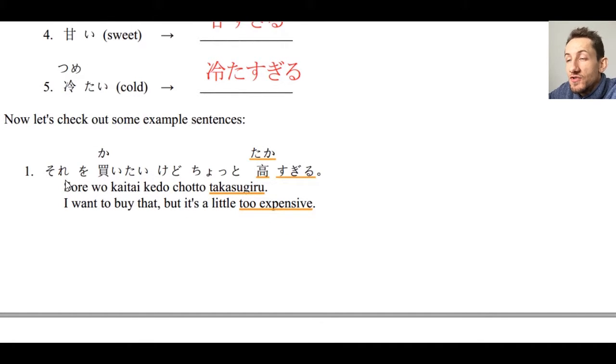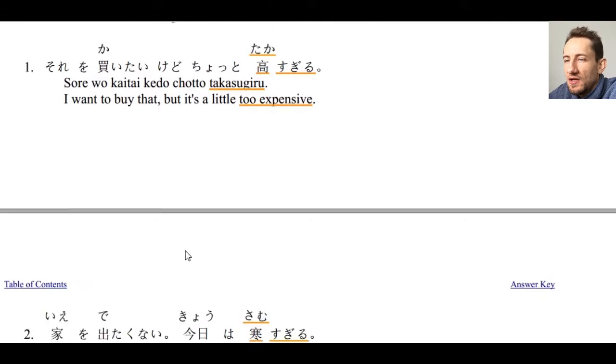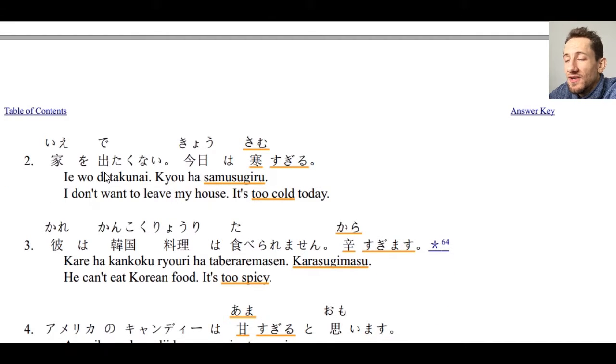Number 1, それを買いたいけどちょっと高すぎる。So remember in our last chapter, we practiced using けど. So I want to buy that, but it's a little too expensive. ちょっと高すぎる. A little too expensive. Number 2, 家を出たくない。今日は寒すぎる。So here we have 家を出る. So when we use 出る and we have a place,